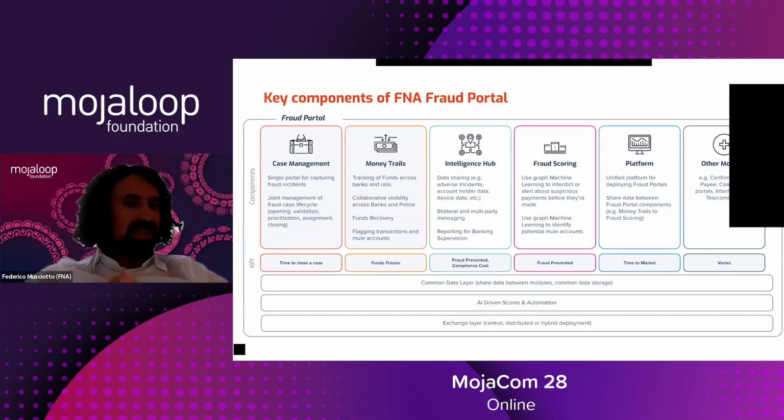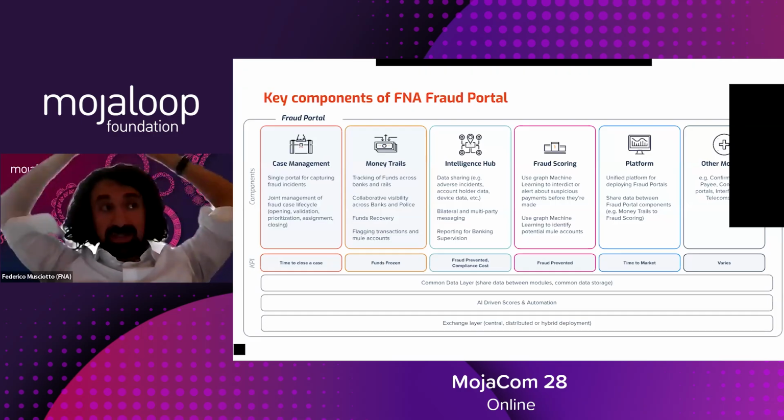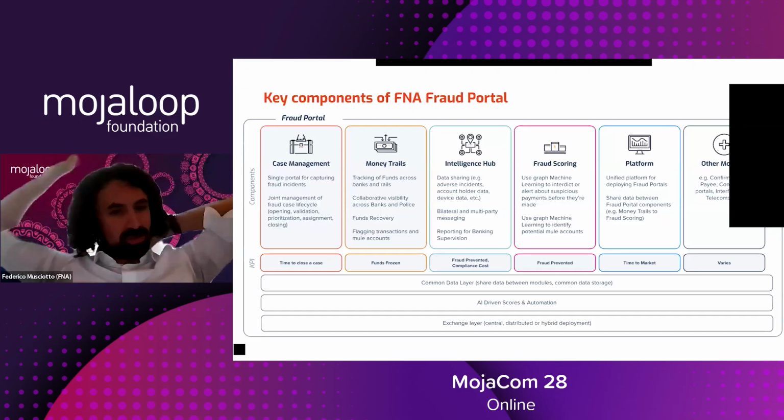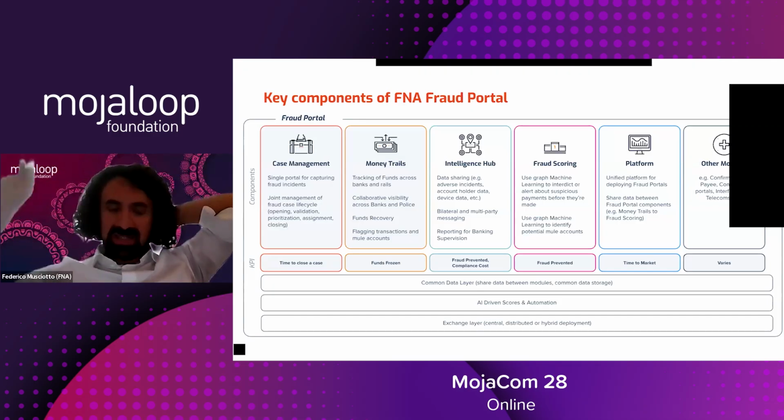So this is a quick overview, and we don't need to go into the details of the different things. The point is that some of these, like case management and money trails, are about fraud mitigation, which means fraud happens and is reported into the system through different ways. It can be self-reported, or some payment was not blocked but was still detected to be potentially fraudulent. This is about fraud happening and needing to recover the money. Usually these two solutions are deployed across different agencies, from banks to different kinds of financial institutions and central banks.